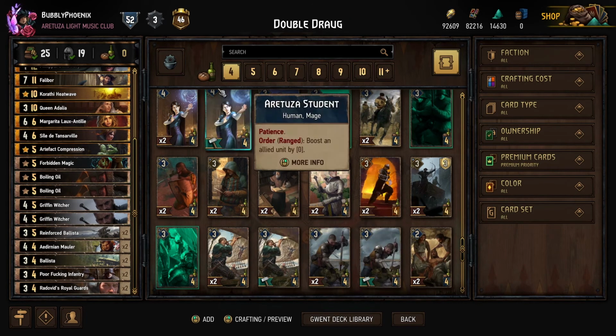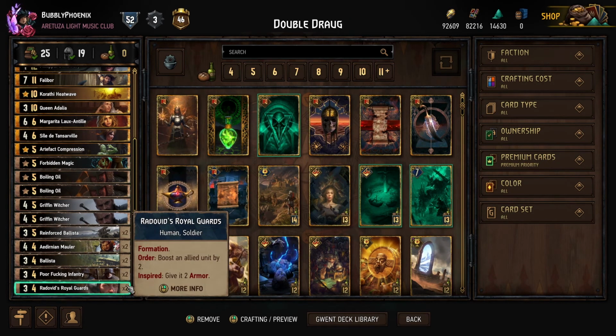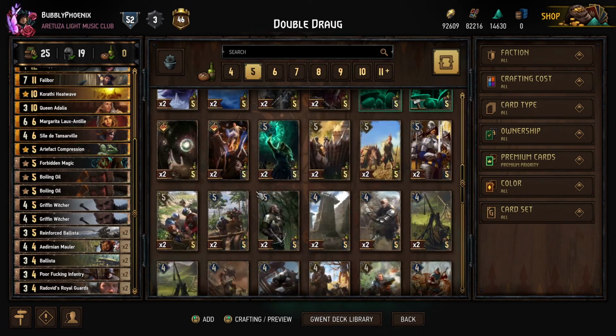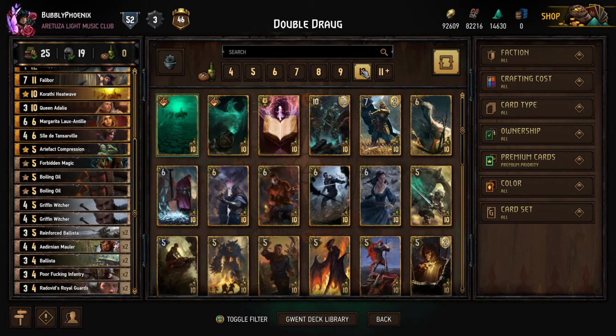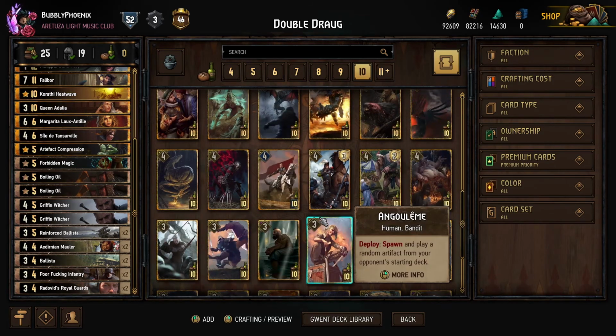If you want to go Devotion, what you can do is you can replace your guards with Carrack Marine, replace your Artifact Compression with a second Forbidden Magic. And then you could replace your Heatwave with something like Anseus or Bloody Baron. I think Bloody Baron actually would be a fantastic choice. That's the Devotion version I would consider. So yeah,